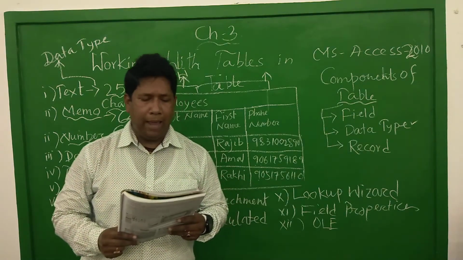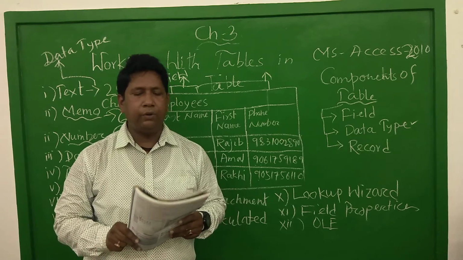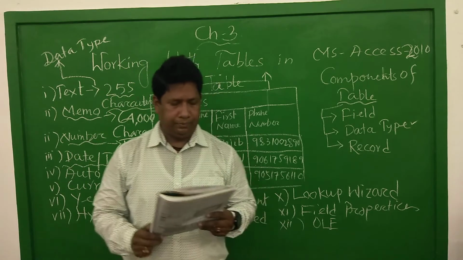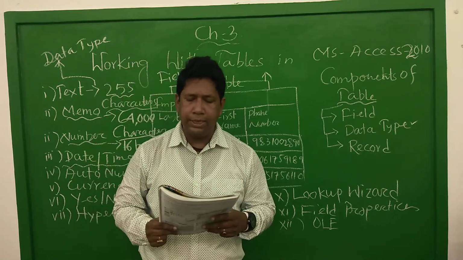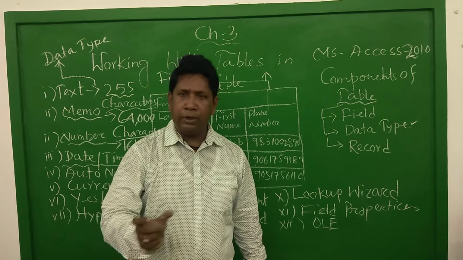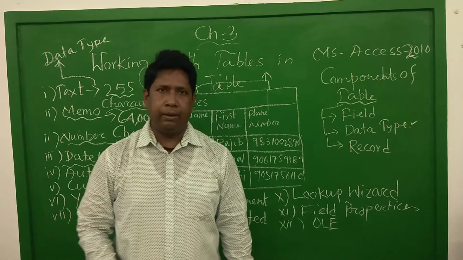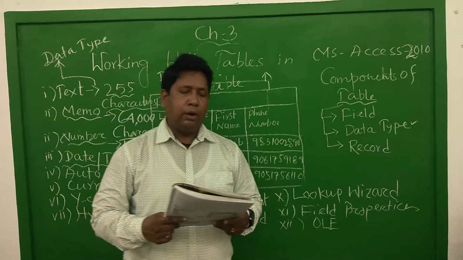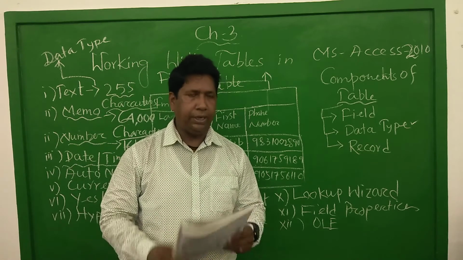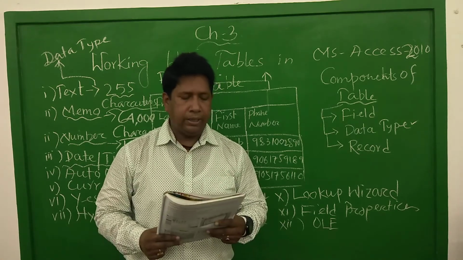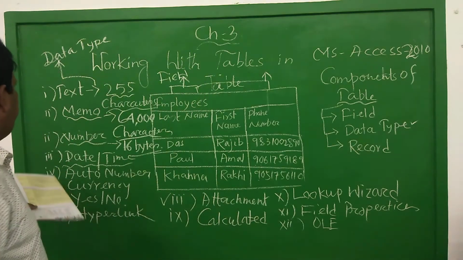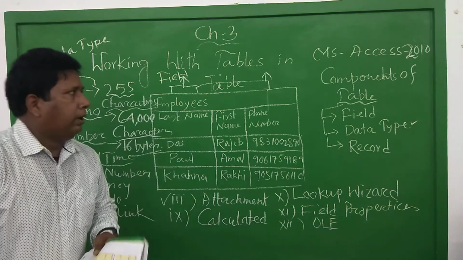This lets you have more control over the data that you enter in a particular field. Field properties are basically used to control the data. OLE is used to attach an OLE object such as a Word document. What is the full form of OLE? Object Linking and Embedding. If you want to attach OLE objects such as a Word document, Excel worksheet or PowerPoint presentation, it is easily attached by using an OLE object. These are all part of data type.